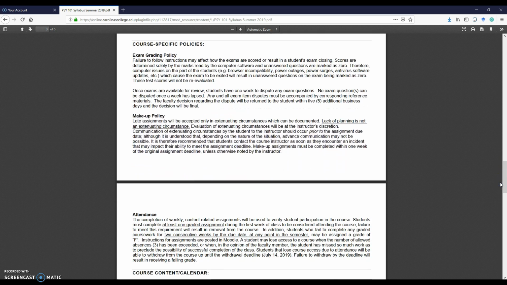In terms of exam grading, generally speaking, your exams will be in a multiple choice format. If you have questions about your exam or the score you receive, for example, you'd like some additional explanation as to why A was the correct answer as opposed to C, definitely feel free to reach out to me.